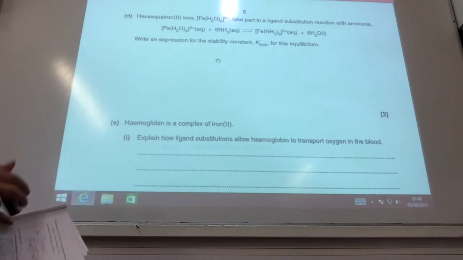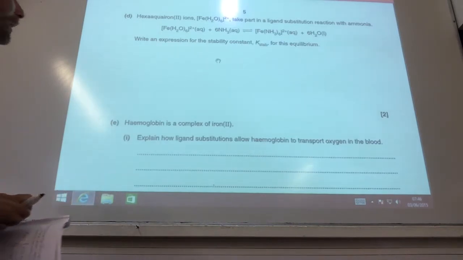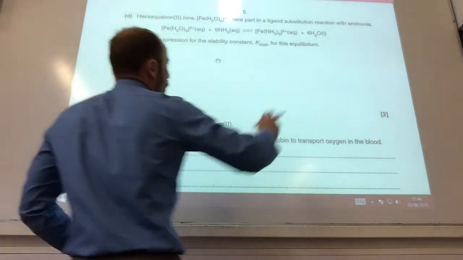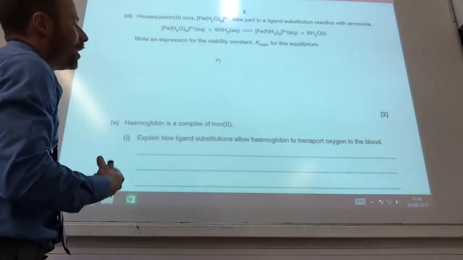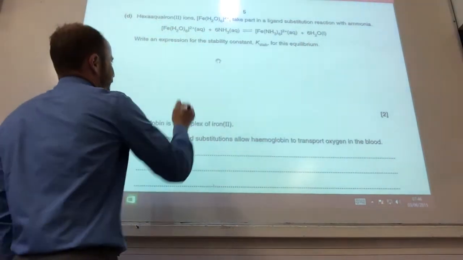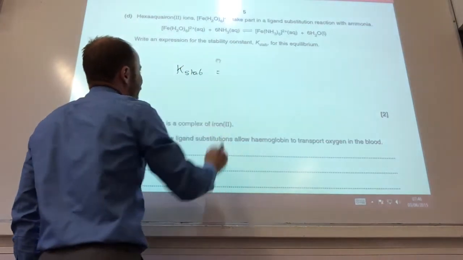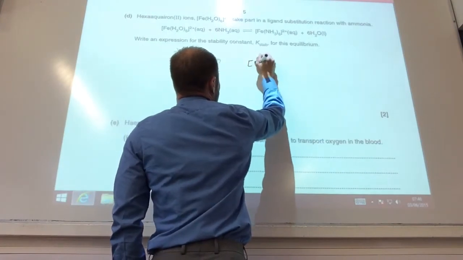Okay, they've now given us a ligand exchange reaction, and they want me to write Kstab for this. Remember, you do not put water in Kstab because they're all in aqueous solution. Water is in excess. So Kstab for this. Now this is where you have to be quite careful. So I've got